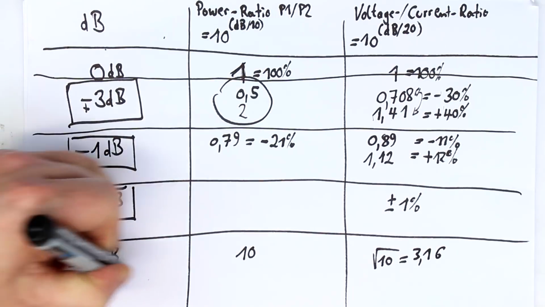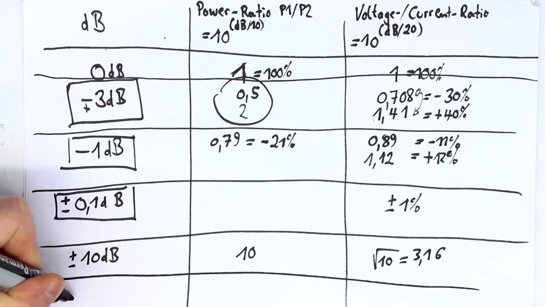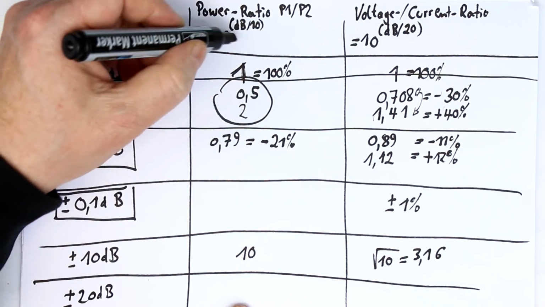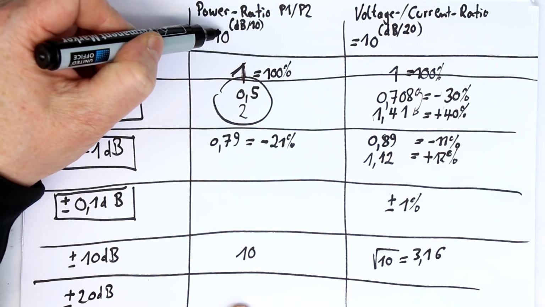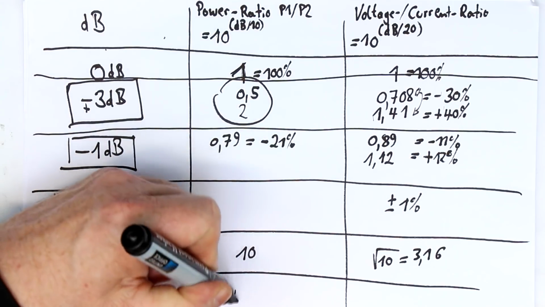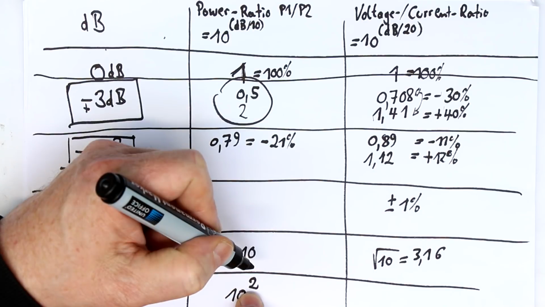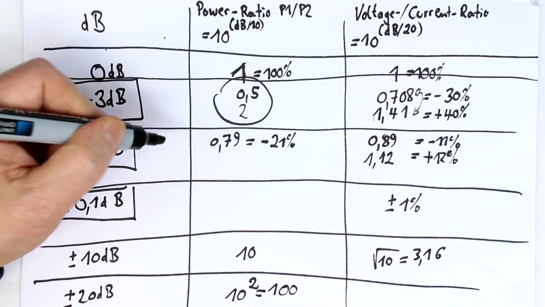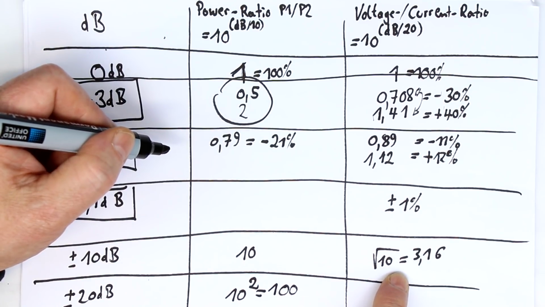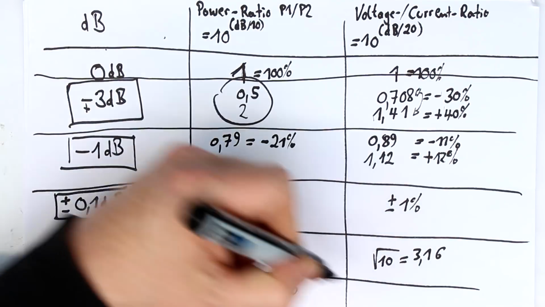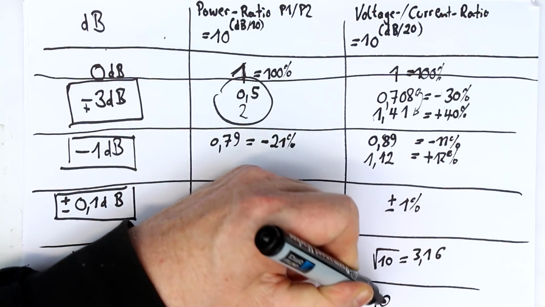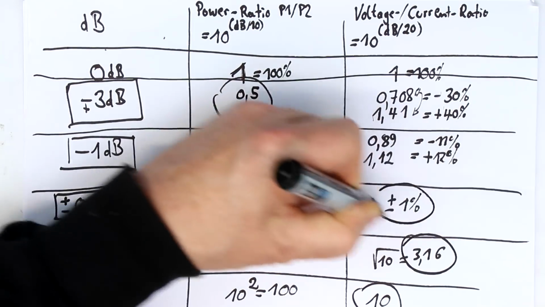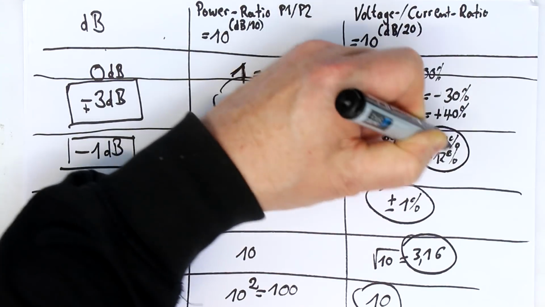And what you also often find is 20 dBs, and we know from the power ratio that would be 10 raised to the exponent of 2, and we get a factor of 100. And again, the voltage and current ratio is the square root. The square root of 100 is simply 10. So if you just remember these values,